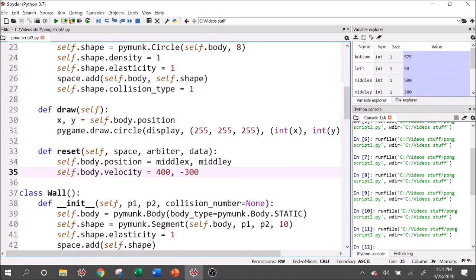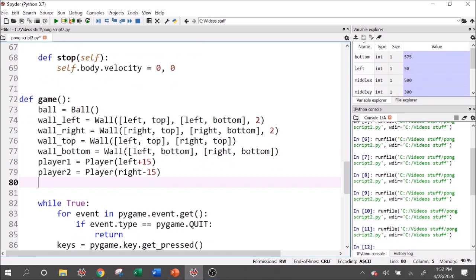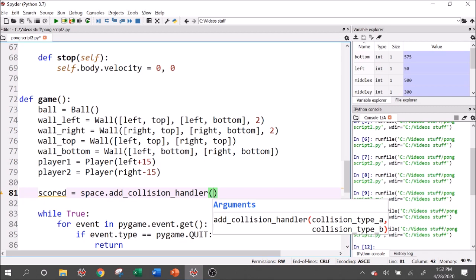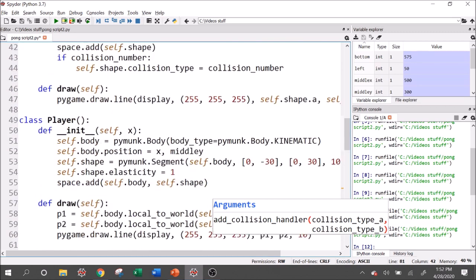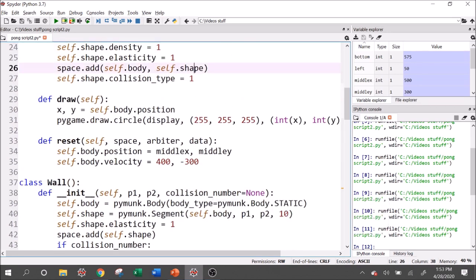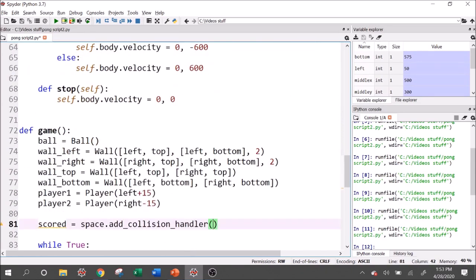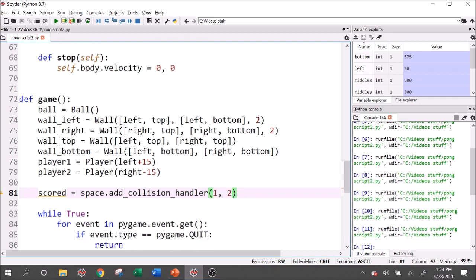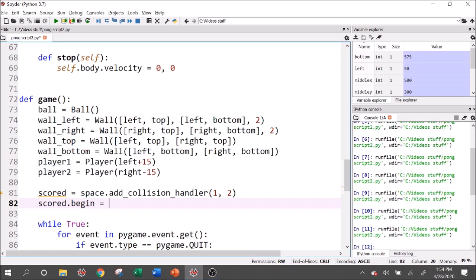Now let's actually generate the collision handler. Within the game function, we're going to make an instance of a collision handler, and we'll save that instance in a variable called scored. The collision handler object comes from space.add_collision_handler, and the 2 arguments it takes are going to be the collision identifiers that we use when we set our collision types for ball and for the wall, which we've set as 1 and 2. So we'll say 1 and 2. Now you can see why we set those collision types. So what this collision handler will do is allow us to tell the Pymunk simulation what to do when 2 objects collide with these 2 identifiers. So what we want to do is run the reset method. To do that, we set the begin attribute of the scored object, scored.begin, as the method that we want to run,